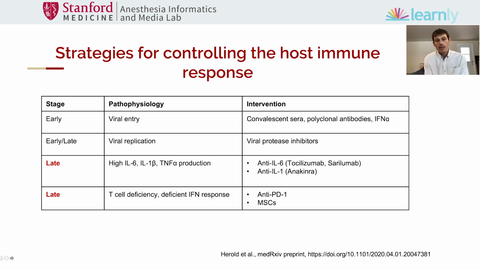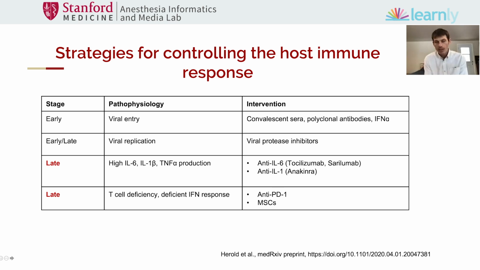So because of this mechanism, there's a lot of interest in trying to control this host immune response in different therapeutic strategies. There's, I think, more than 15 trials across the world that are aiming at this, controlling the response. Different types of strategy: anti-IL-6 inhibitors like tocilizumab and sarilumab, there are ongoing clinical trials. There are good or promising responses in non-controlled clinical trials that have been published. And then other types of strategies are to boost the adaptive immune system with interferon type of response, or anti-PD-1, which are to prevent the suppression of these T-cell mediated